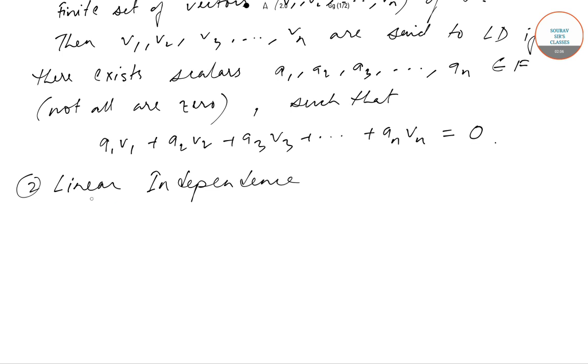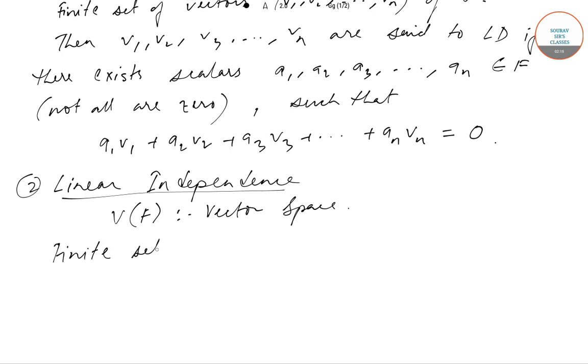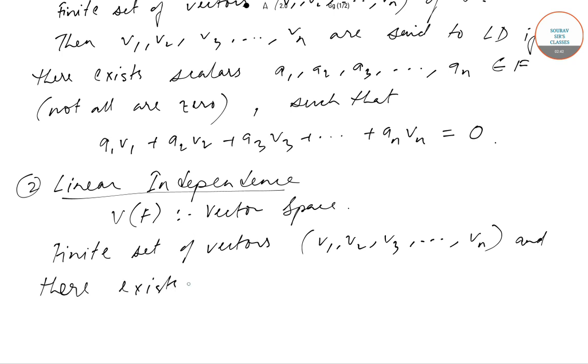Now linear independence also means that we have a vector space, VF is the vector space, and then we have a finite set of vectors v1, v2, v3 up till vn, and there exist scalars a1, a2 up till an which belong to F, and